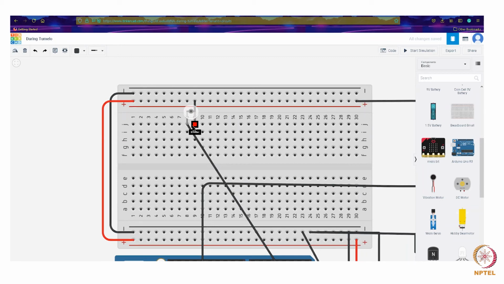This component also follows the same strategy, but here we are not giving any input to the base. Rather, it's taking the ambient light and converting that into a base voltage, and depending on that voltage, it is allowing the emitter voltage to pass through the collector. It's a simple BJT with the base as a light input. Thank you, sir.